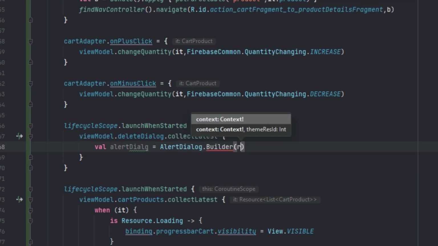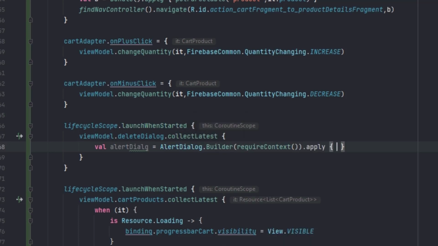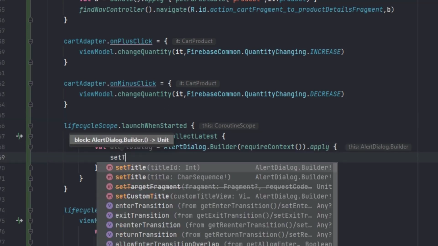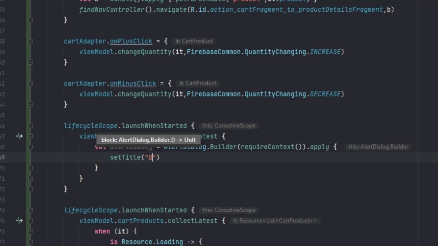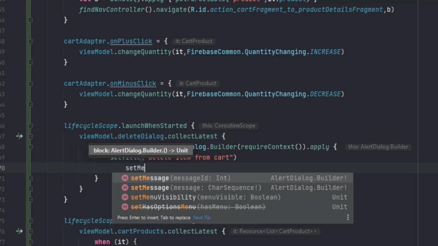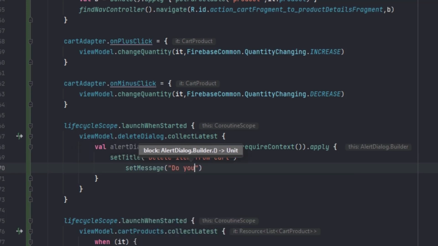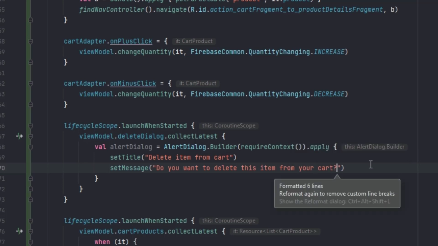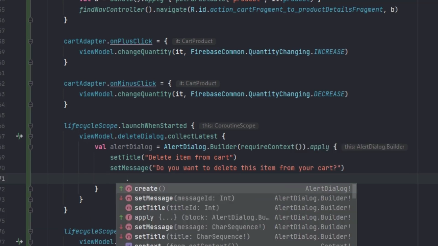So the context is a required context, do apply, and here we can set title. We can say delete item from cart, set message, do you want to delete this item from your cart, and then we can set